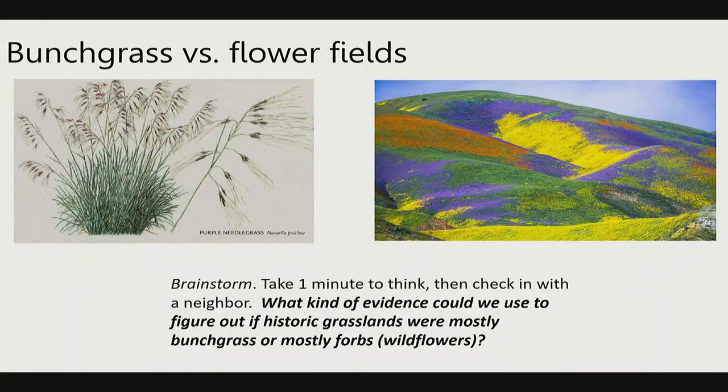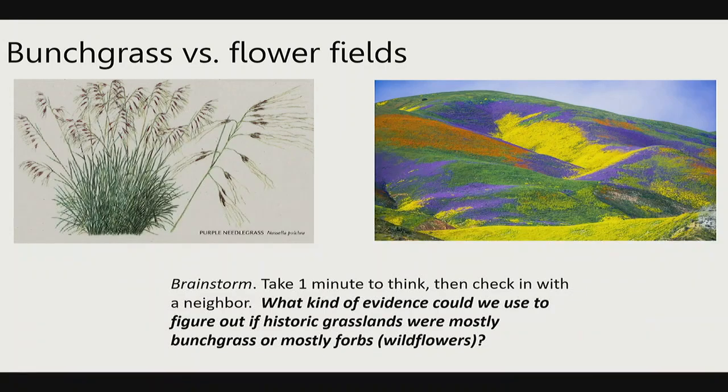Yeah? If you look at the eating habits of organisms that used to live in the area to see if they preferred one or the other. It's interesting. Yeah, that's a really good point. So potentially looking at the eating and diet preferences of organisms that lived here. If they lived here alongside these historic native communities, they should have evolved a preference for the one that was more abundant, or at least an ability to find it. So if they prefer one or the other, that's a really innovative way to go about that. Any other thoughts?